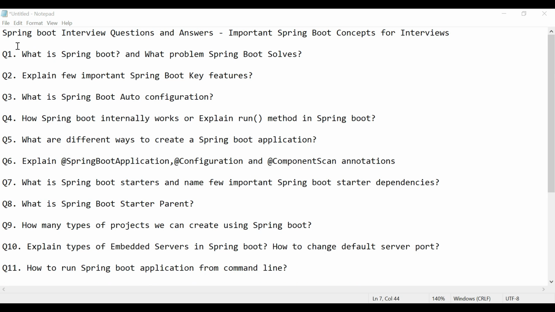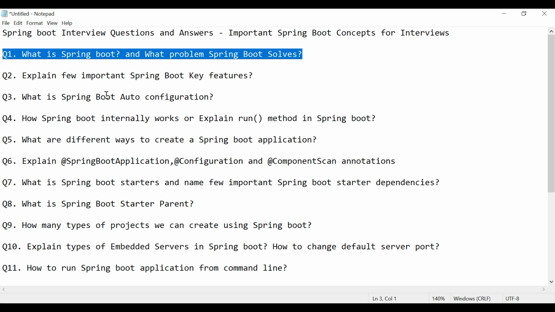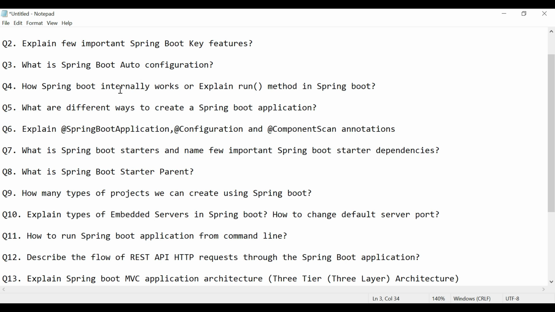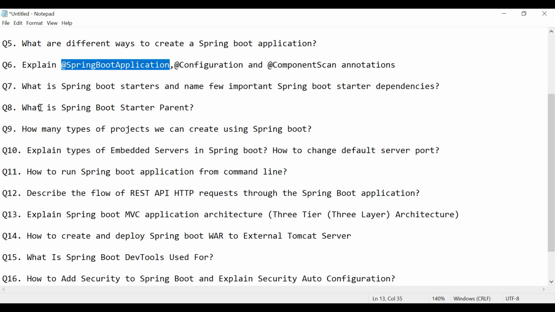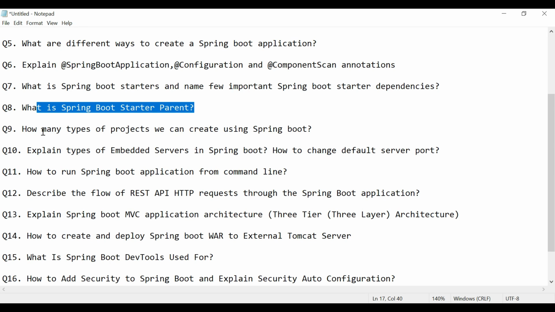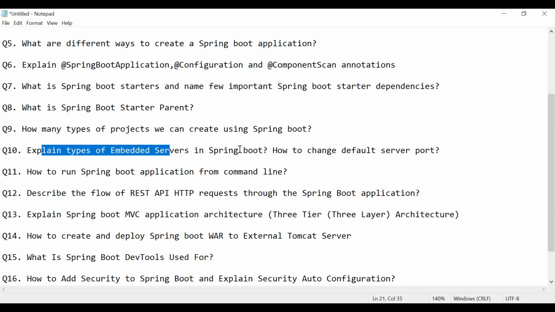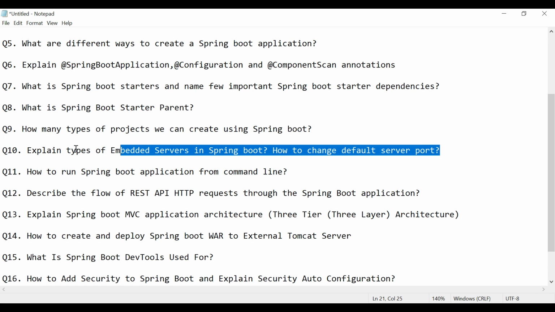In this video we'll go through these important Spring Boot questions in detail with practical examples, like: what is Spring Boot and what problems does Spring Boot solve, explain a few important Spring Boot key features, what is Spring Boot auto configuration, and how Spring Boot internally works, or explain the run method in Spring Boot, what are the different ways to create a Spring Boot project, and explain these important annotations, what are Spring Boot starters, and name a few commonly used Spring Boot starter dependencies, what is the Spring Boot starter parent dependency, how many types of projects can we create using Spring Boot, explain types of embedded servers in Spring Boot, and how to change the default server port,